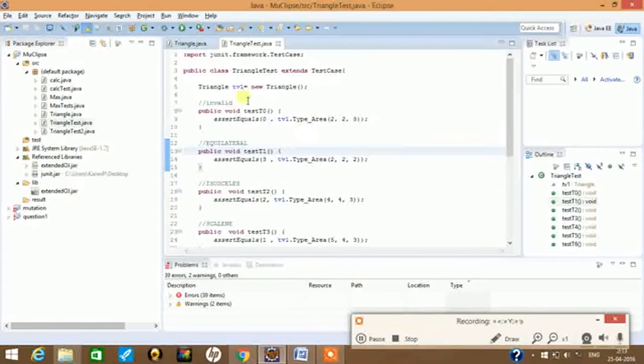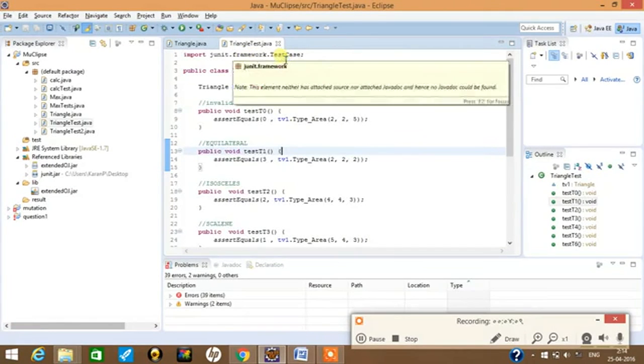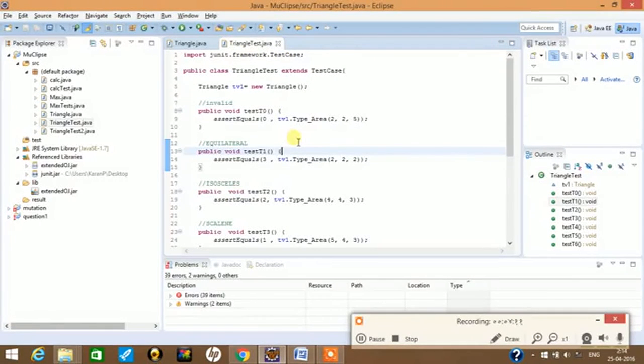Here I am using the JUnit framework TestCase class to write test cases because I am using JUnit 4, which does not support annotations with the MuEclipse plugin. One thing to note is that annotations will work if we are using JUnit version 3, but they will not work with JUnit version 4.